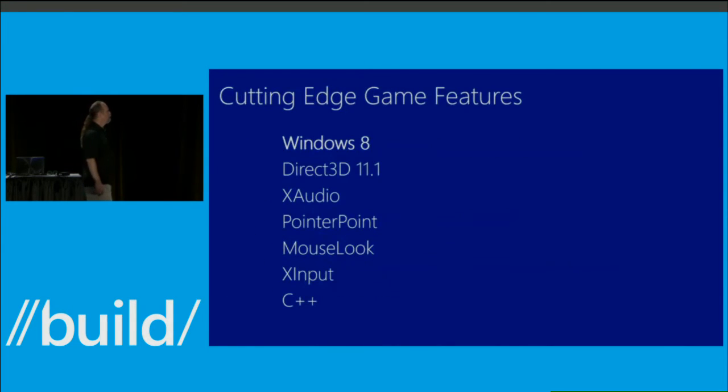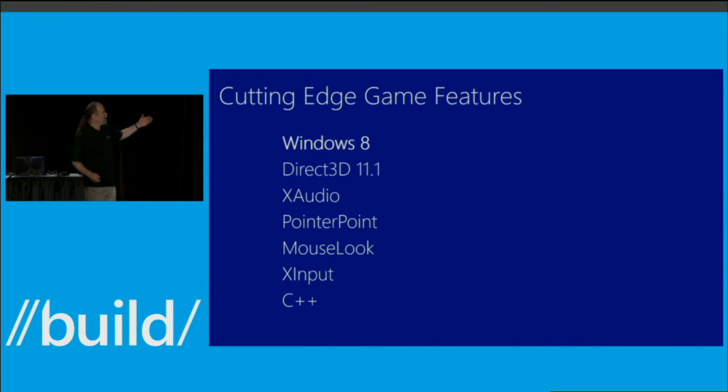Okay, so in summary, what I'd like to convey here is that we're very interested in having games that span the whole range of PCs that are available today, from the 8-inch device that you received all the way up to the 3 GPU SLI rigs. We're not putting any barriers anywhere in that spectrum that would prevent you from distributing your content however you want across that range. And these are just an example of some of the improvements that we made in Windows